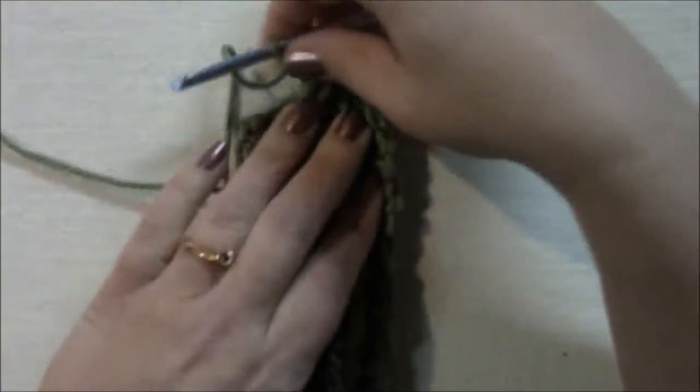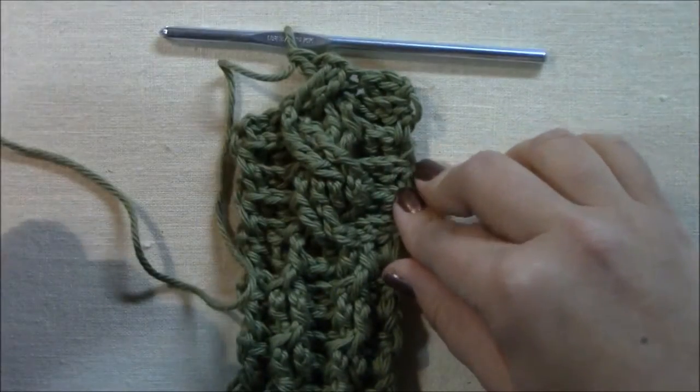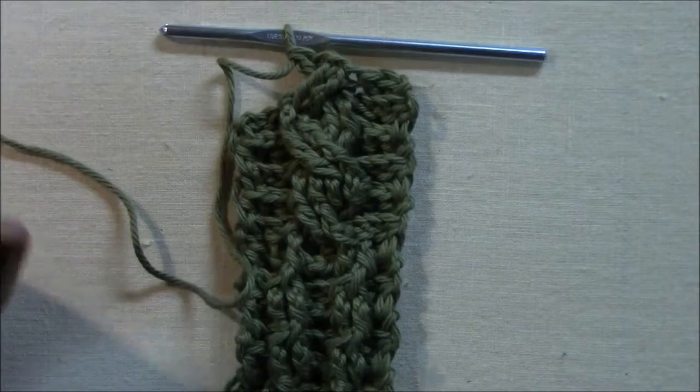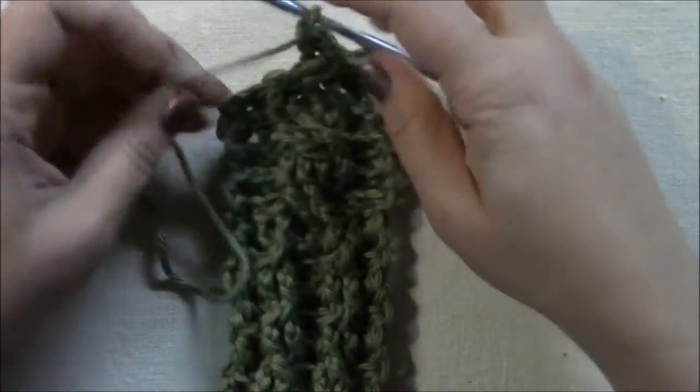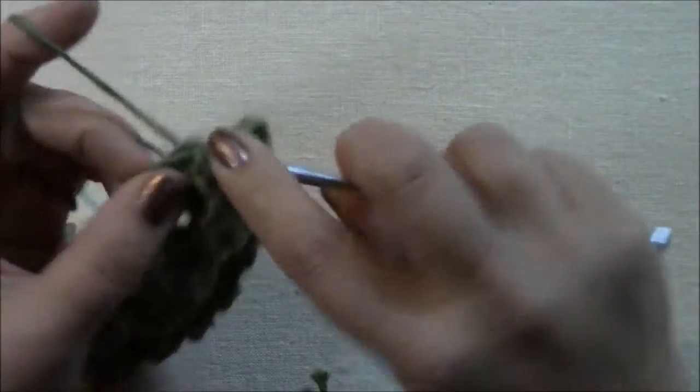Okay, and see, it did actually work. It's a little weird, a little finagling, but you'll get the hang of it. You'll get used to the way that it feels. Now we're going to do the 2 back post doubles,